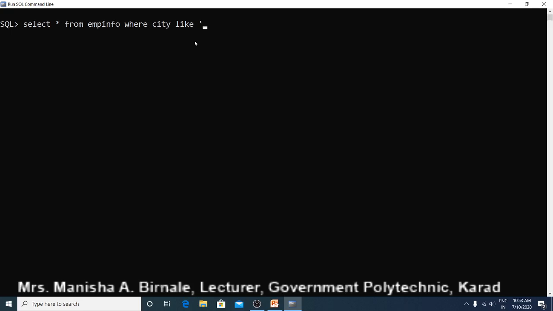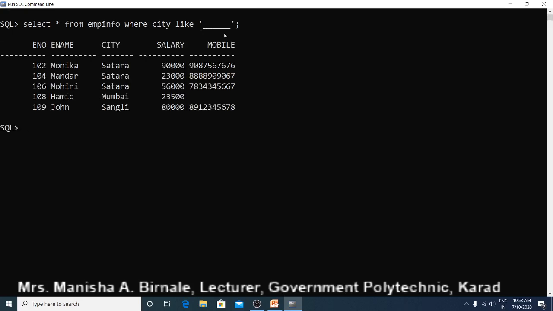For a single character we have to specify a single underscore. So here in the pattern write 6 underscores. So this is not a line but it is 6 underscore characters. So here you can see information of all employees whose city name contains exactly 6 characters.